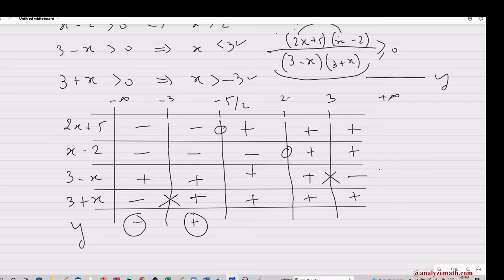So in the interval minus 5 over 2 to 2, we have 2x plus 5, it's positive. 2x plus 5 is positive, and x minus 2 is negative. So that will give me